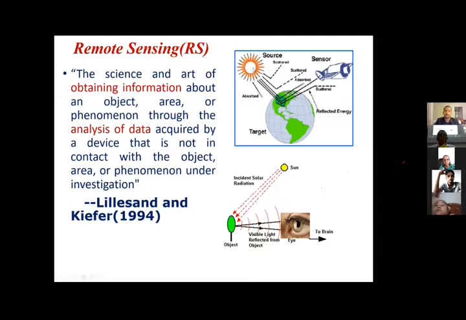If you see on the top right, which shows the sun as the major source of energy, then you have the Earth's surface, which we are interested in to gain information, and we have a sensor, which can be any sensor from satellites to handheld GPS to thermal guns, etc. So what remote sensing does is that when the sun emits energy in the form of electromagnetic radiation, it makes its way through the upper extraterrestrial atmosphere, enters into the Earth's atmosphere,